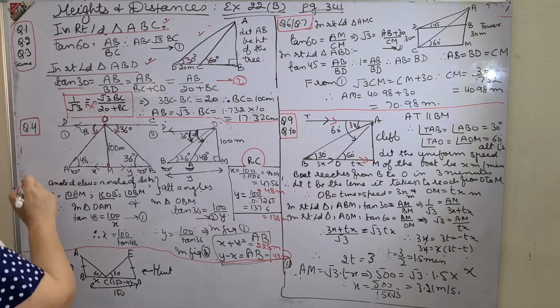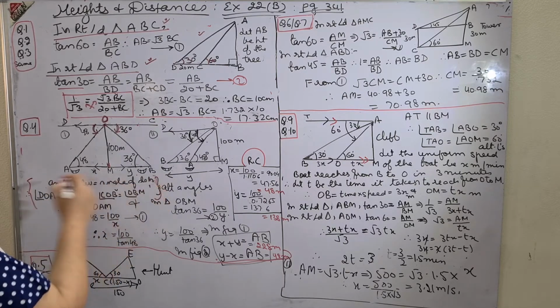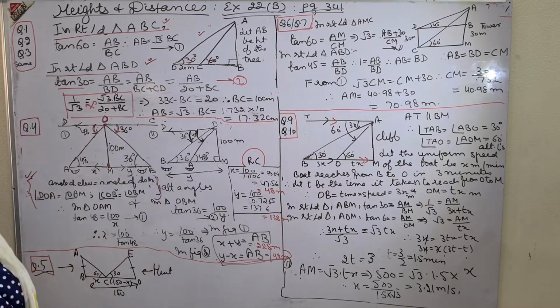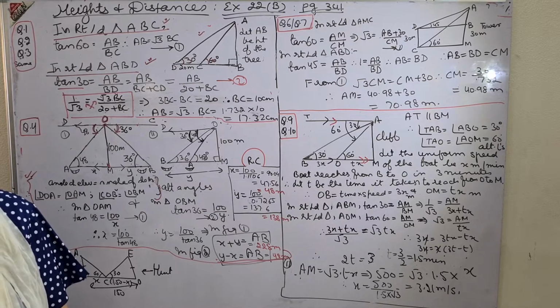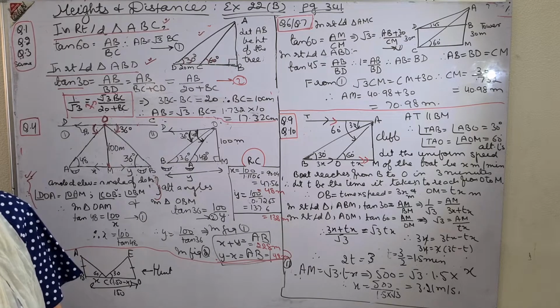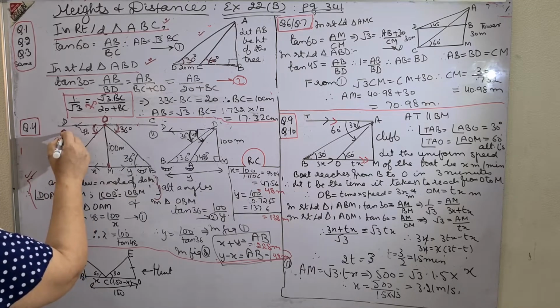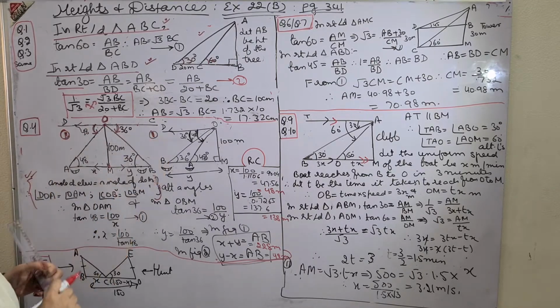You will write this step, this step carries marks. In both the figures, you must be wondering why ma'am has made two figures, because in this question two parts have been asked. One is a ship on the same side of the lighthouse, and the other is a ship on the opposite side of the lighthouse. So the second part is the opposite side, and the first part is the same side.